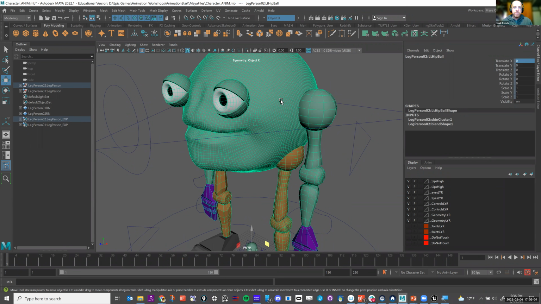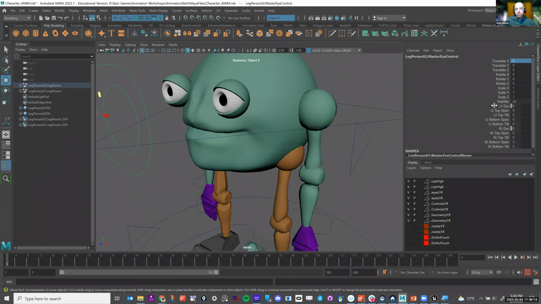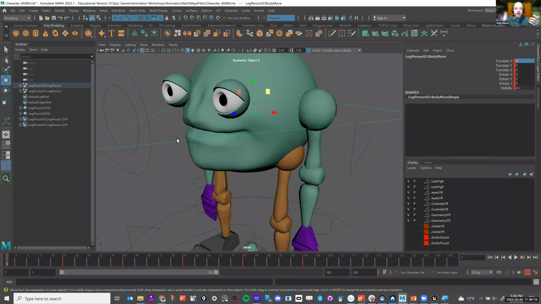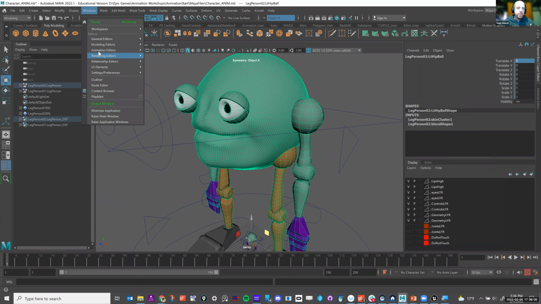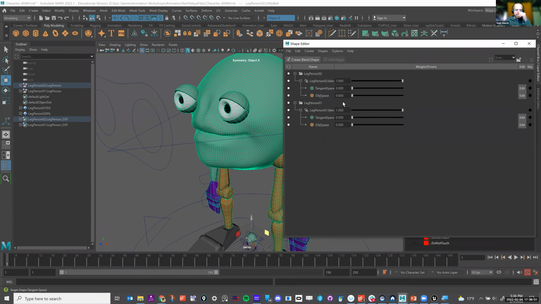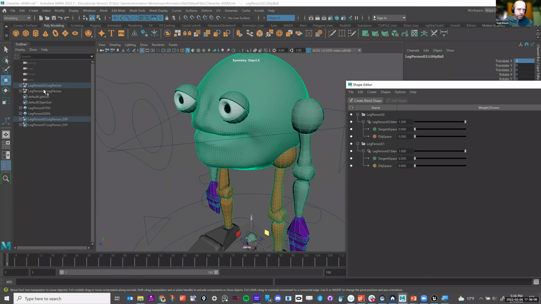If I wanted to animate the blend shape, you could rig this up much better, so that the blend shape control is attached to a node for one of these attributes for smiling, or you can put it on the body. But if you want to really brute force it, I have the shape node under Windows, Animation Editor, Shape Editor. If I click on Shape Editor, you can see I'm working with person 2. So that's the one that I want to look at.